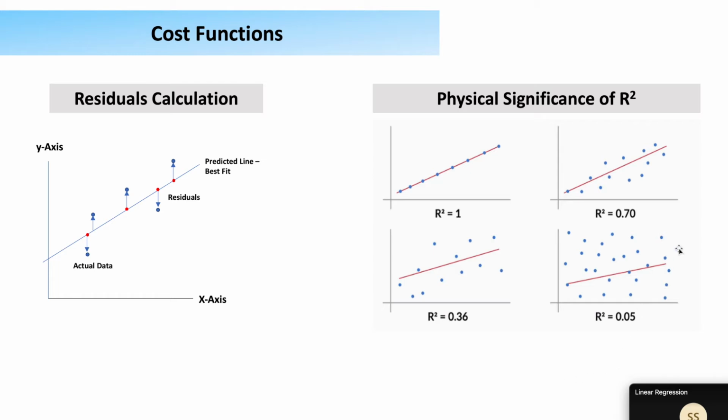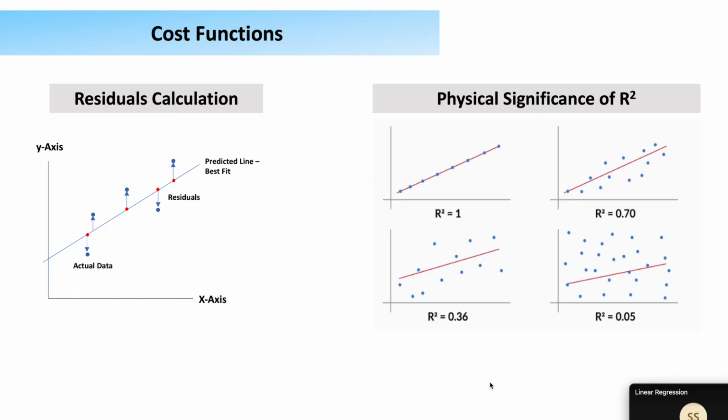So that is one assumption that linear regression has: if your data set does not have a linear relationship between its target and predictor features, then the linear regression equation is not your right solution. There could be other equations that may be